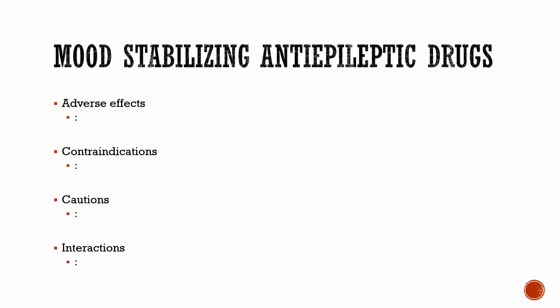blurred vision, dizziness, headache, sedation, nausea, vomiting. Then these can also cause Stevens-Johnson syndrome, so we're going to watch for that rash, and bone marrow suppression. Contraindication: pregnancy. Be careful in people, though, if they have bone marrow suppression already, because that could end up being a contraindication. If they have liver problems, because these can cause some liver issues, we'll be very careful. Can interact with other anti-epileptic medications.